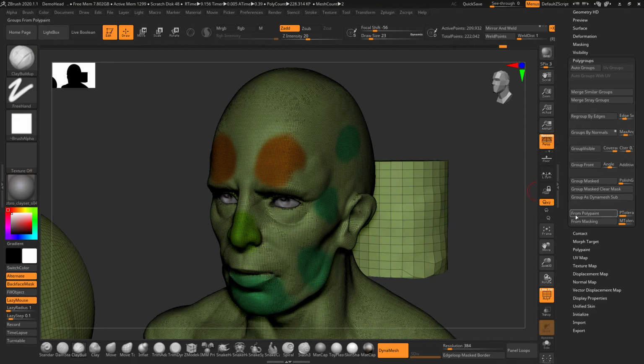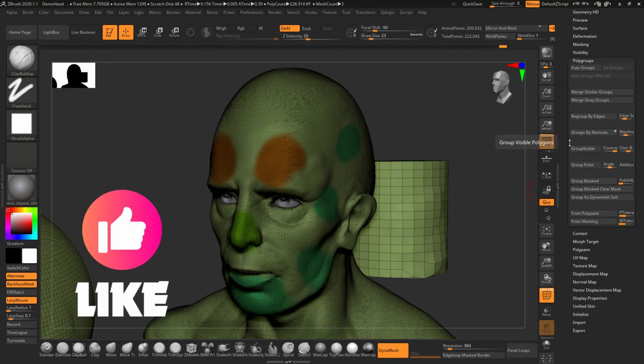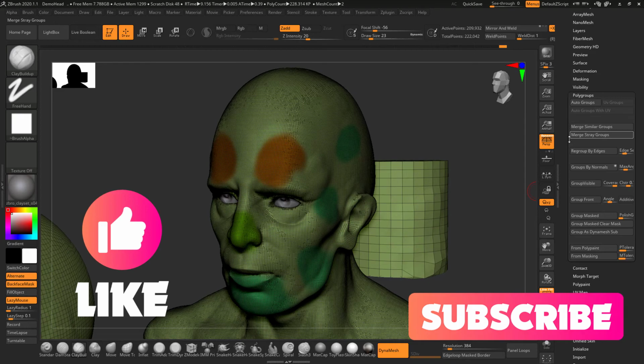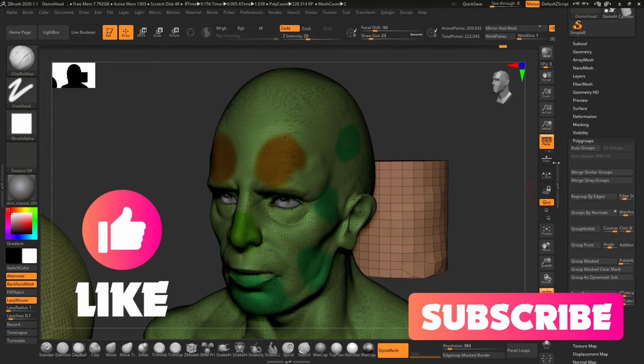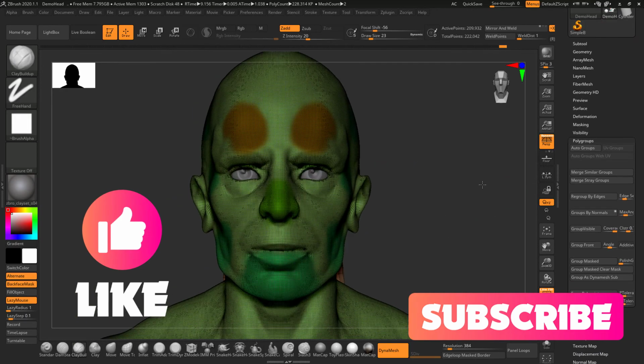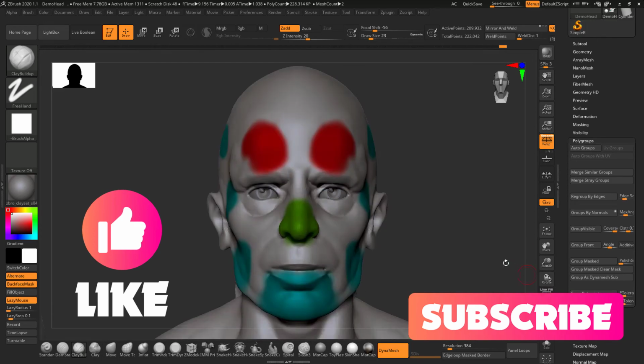For some reason it is not working as expected, but in this polygroup section you will be using these three or four options more. That should be enough, and that's it for this session.